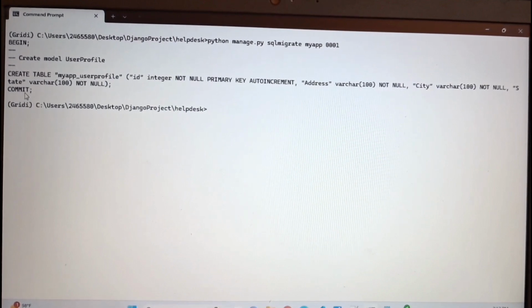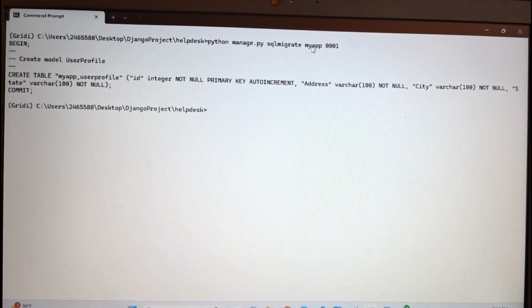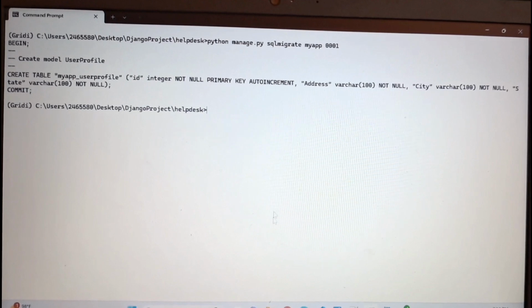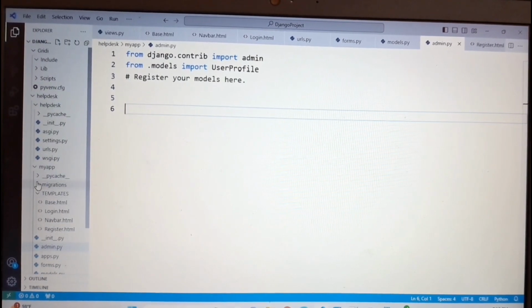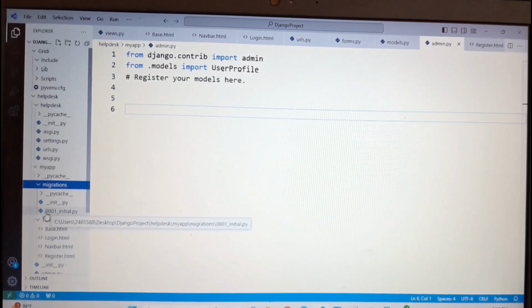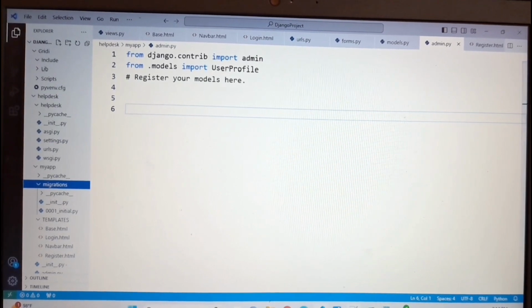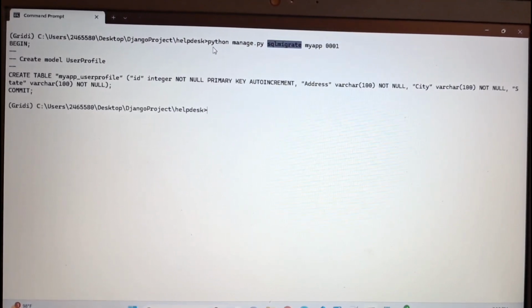And one more thing, this myapp is nothing but the application name whatever we have given, and this 0001 is nothing but, let me show you this file in the migration. See, 0001 is nothing but this one. So you have to mention that one. Come here, and this sqlmigrate you have to write as it is. So this is the entire command: python manage.py sqlmigrate myapp, then this file name, and this is the